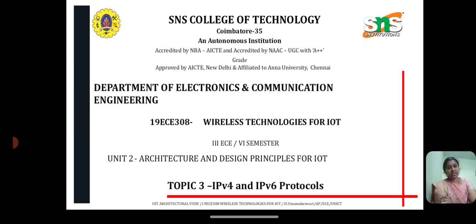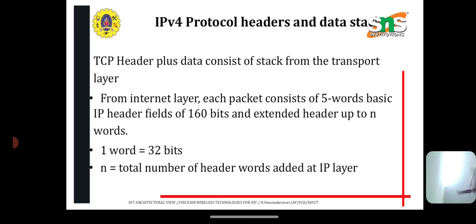In this video lecture series, I'm going to explain Internet Protocol version 4 and Internet Protocol version 6, of the various IP protocols. The first one is Internet Protocol version 4, which has the protocol header and the data stack. The first one is the Transmission Control Protocol header plus data, which consists of that stack from the transport layer. From the internet layer, it uses each packet which consists of 5 words of basic IP header fields,